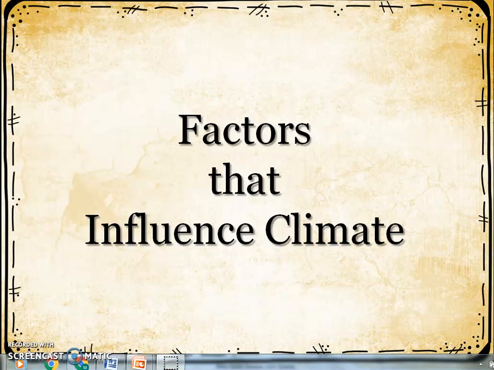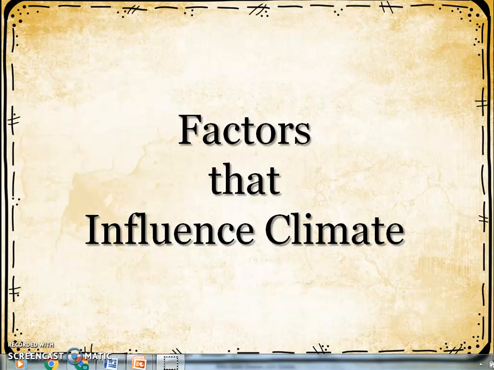That's right, it's the long-term average weather conditions that occur in a particular region. Now, there are two main factors that determine what the climate of an area is. Do you remember those two factors? We've talked about this before, and it's definitely in our notes for today. We're on the factors that influence climate notes. Yes, they are temperature and precipitation.